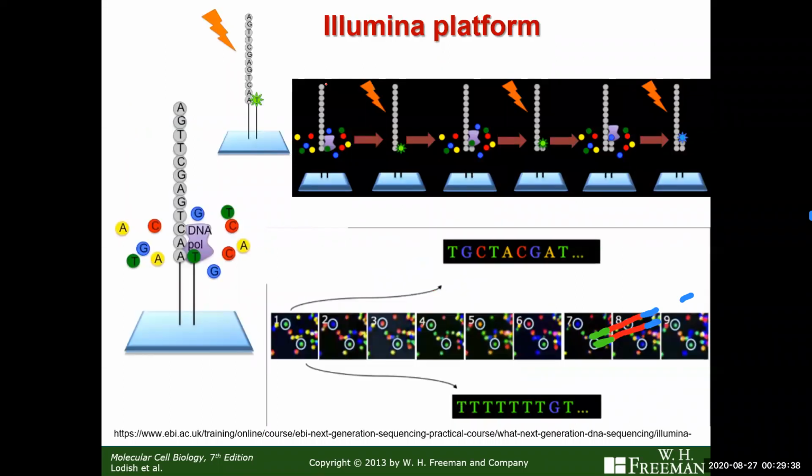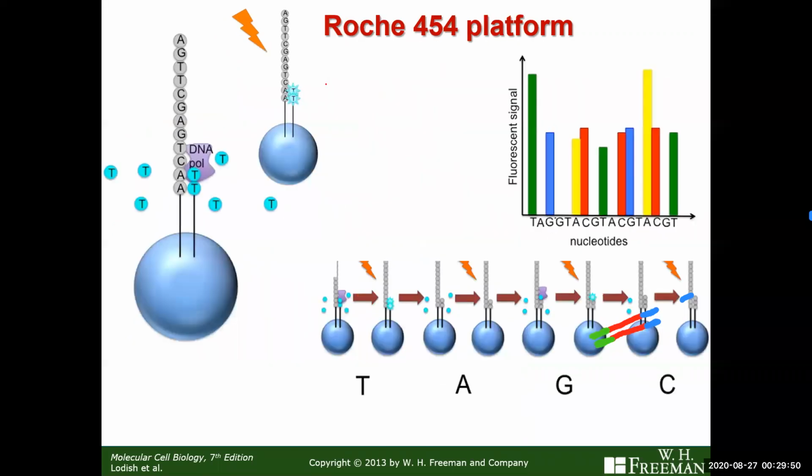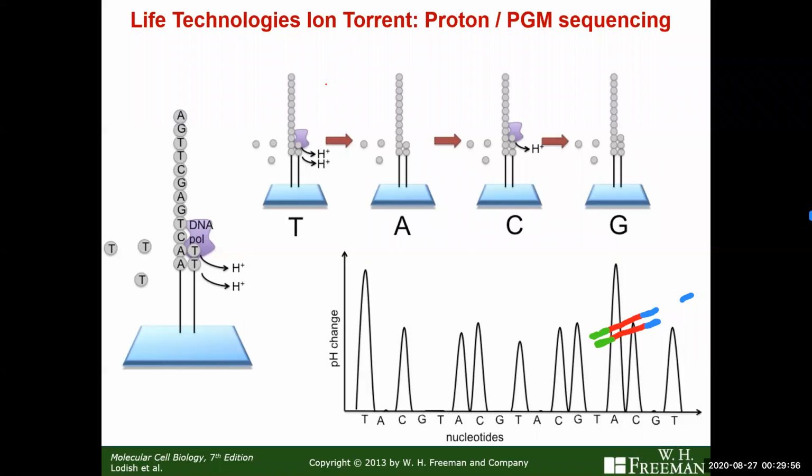There are different formats. One of the most popular ones that you have read about in popular literature and other places is Illumina sequencing. Then there is another one from Roche that is kind of a variant of this. But there is another one called ion torrent technology from Life Technologies, which is slightly different. The way it is different is that